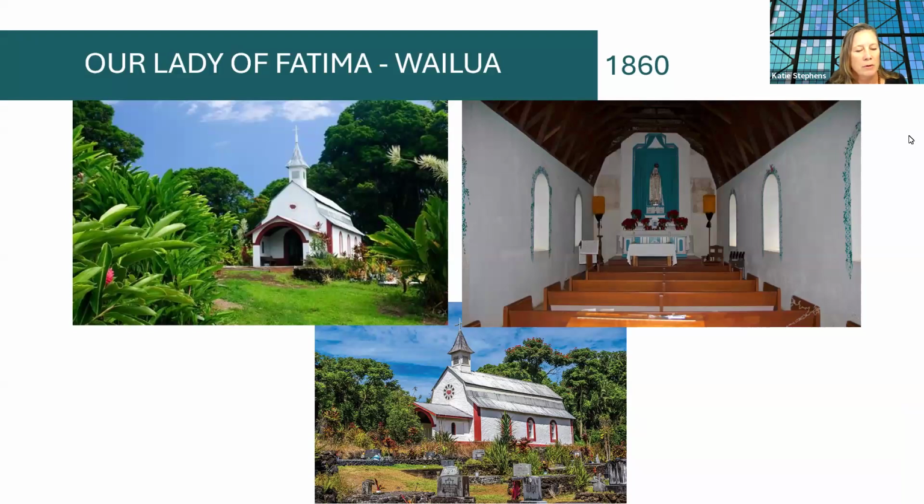Originally known as St. Gabriel's, this church was built in 1860. It is one of the first stops on Maui for circuit-riding Roman Catholic priests. It is known as the Coral Miracle Church for the following reason. When church construction began, the parishioners experienced great difficulty in hauling the huge blocks of coral from the deep water just off the coast. Successful completion was in doubt until a huge storm battered the coast, and the next day